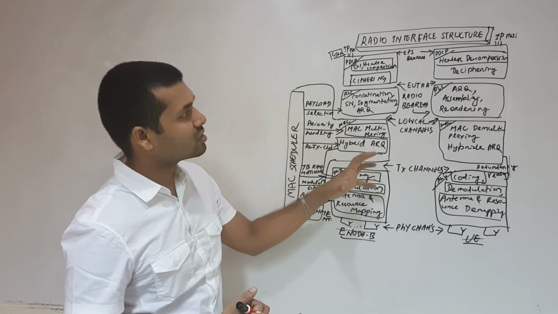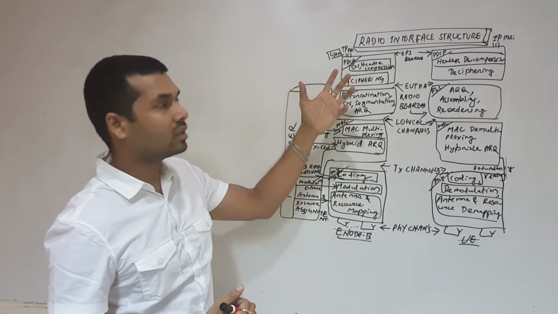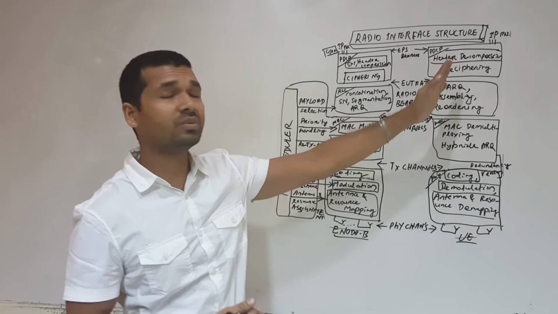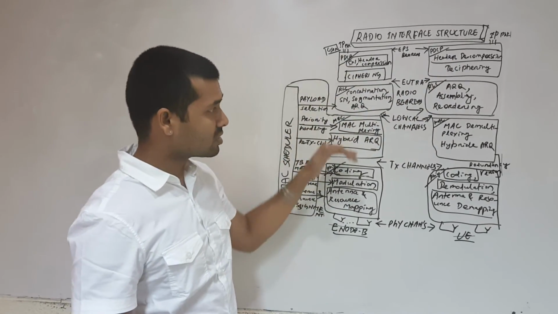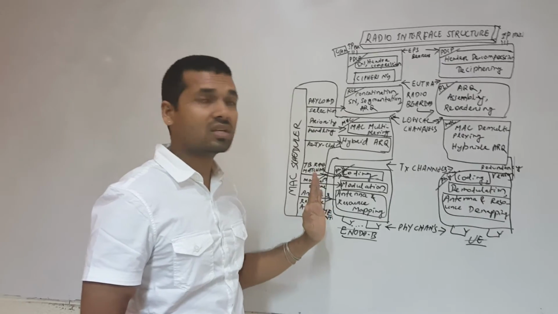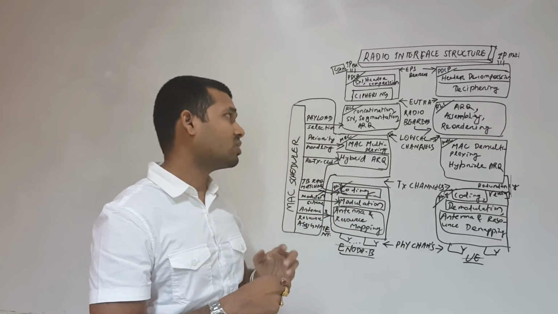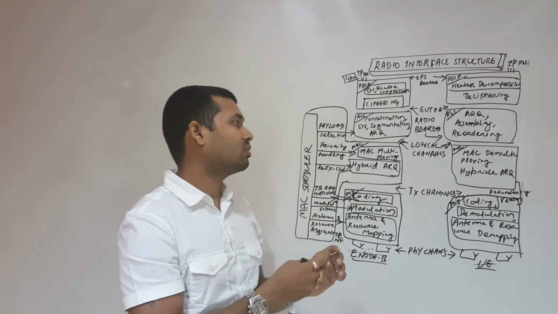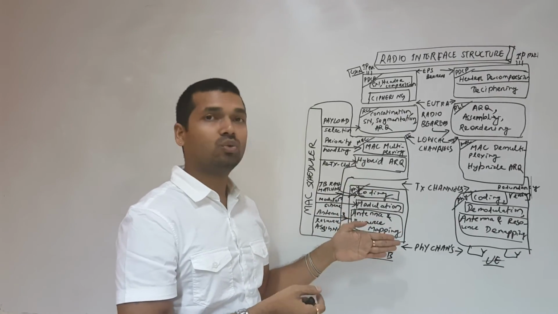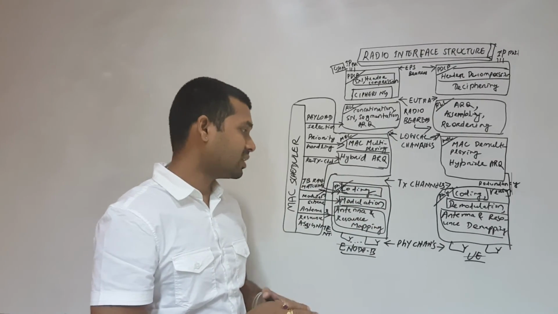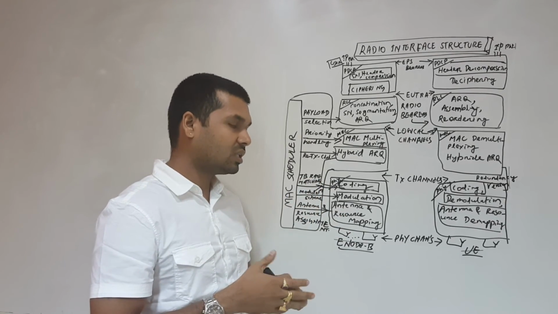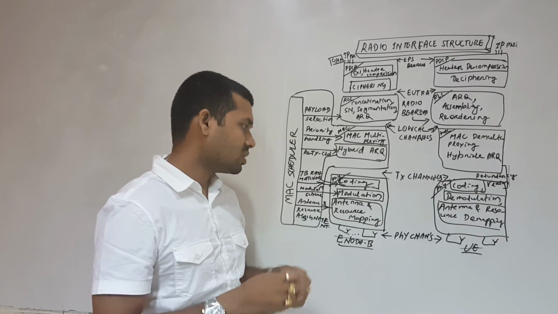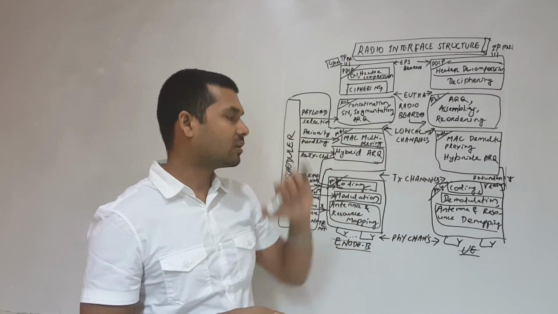We will go in a different session, taking an example and a case study, how we transmit any particular data and how we receive it exactly, and what happens in each of these steps, how we do the header compression and ciphering, how we do concatenation of that data. I'll give you one example, then I'll show you how we concatenate and segment, and how we do the multiplexing of channels, then how we do coding, and how we choose the modulation technique, and how we transmit the data if we have MIMO 2x2 or 4x4 MIMO. Then we do resource mapping and the reverse part.